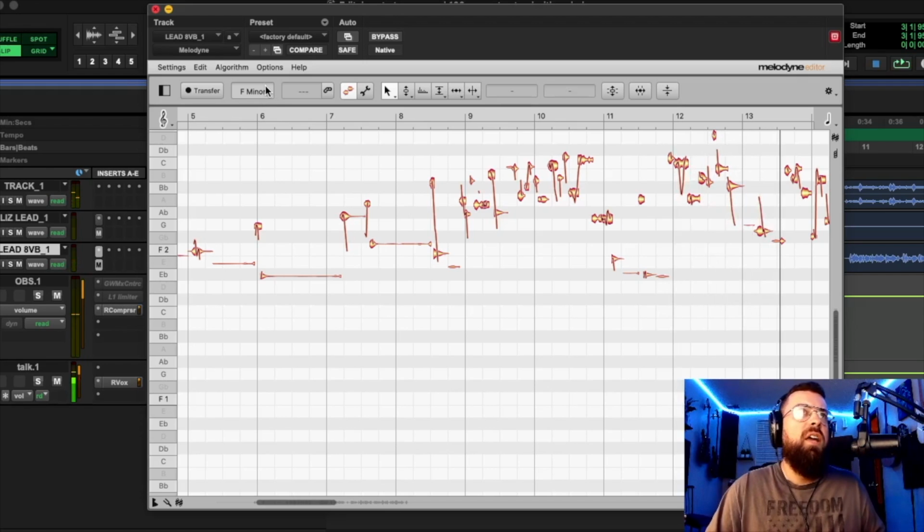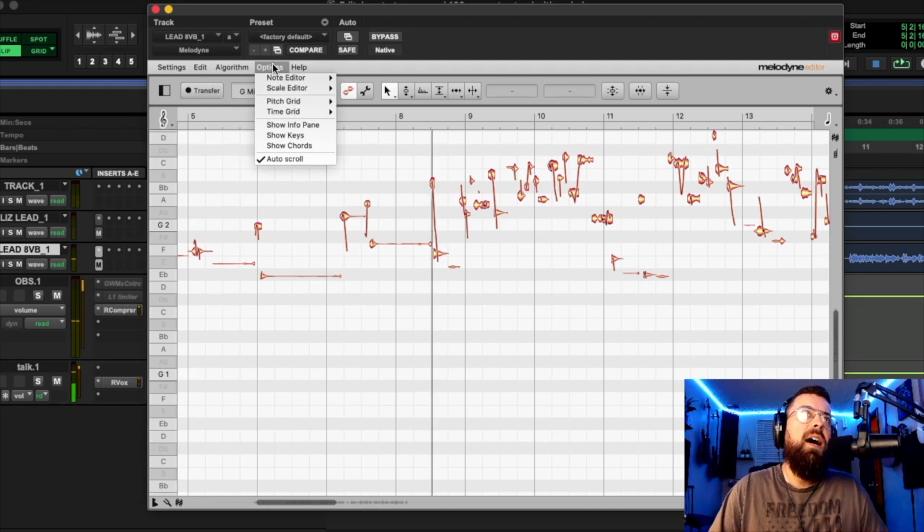Okay, so Melodyne was wrong. It's actually G minor. You could check this with auto key, or if you know how to find the key like I do, then just use the keyboard, find the key, and enter it right there. Okay, so I have it set on